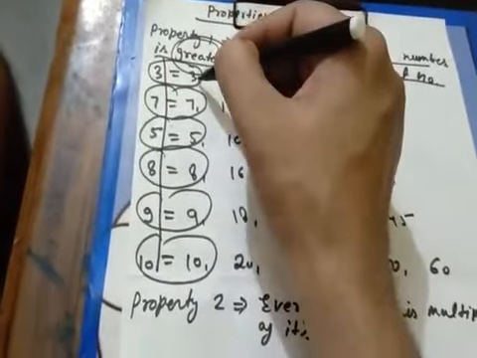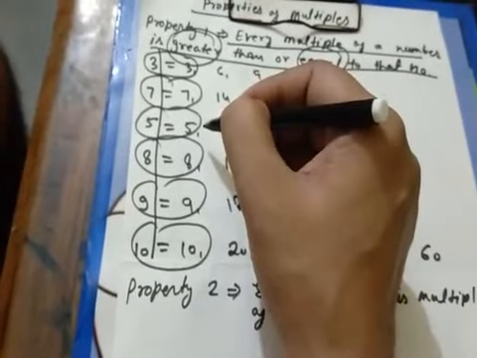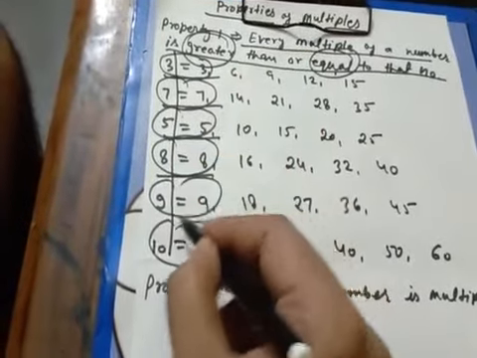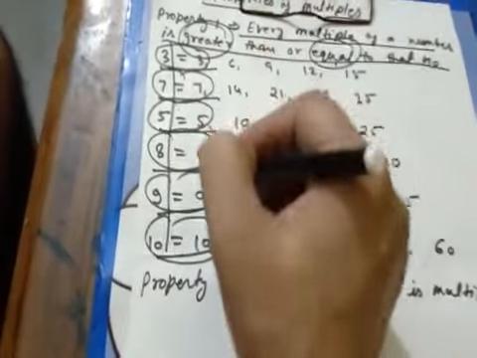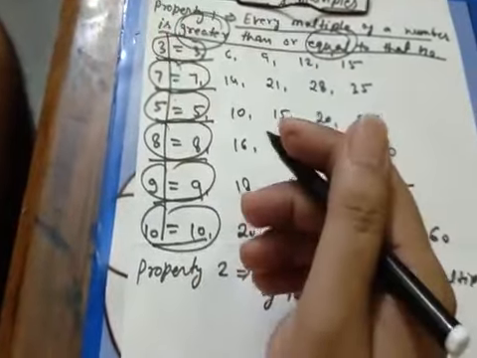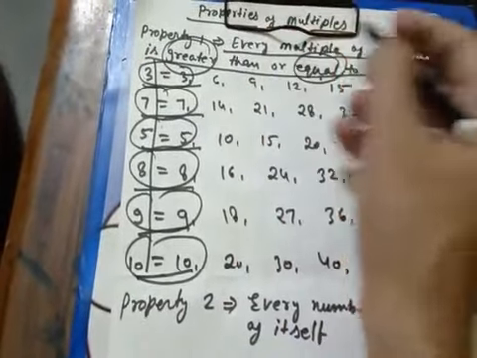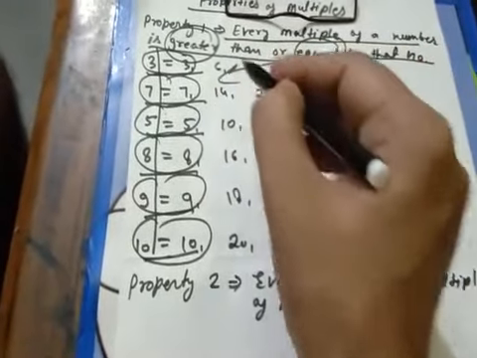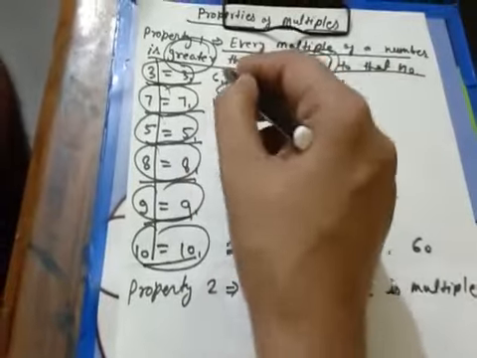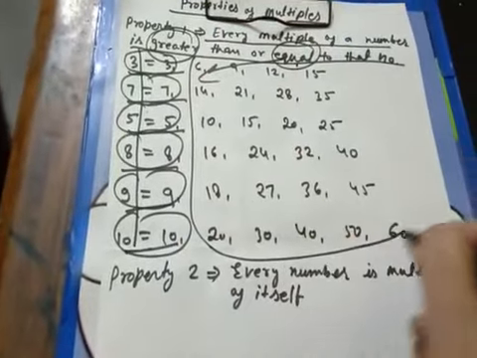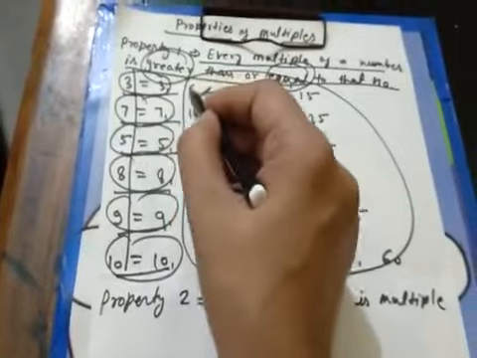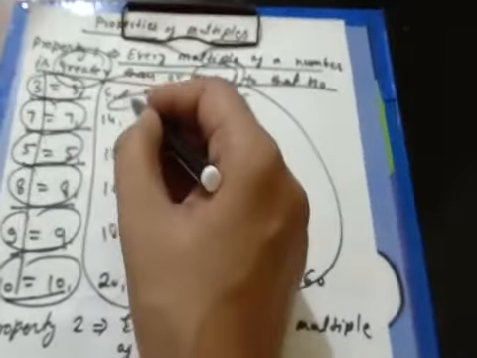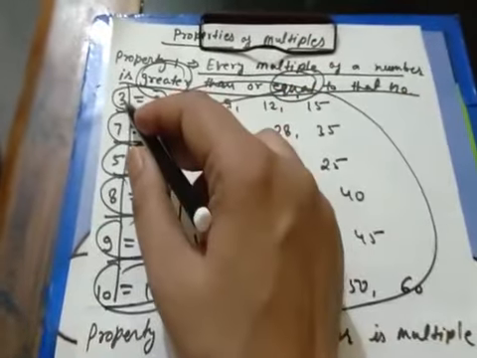These are the multiples of the given number, but they are equal to 3, 7, 5, 8, 9, 10. They are equal, they are not less than the given number. So you understood it. Every multiple of a number is greater than or equal to it. I explained equal to, and you can see all the other multiples are greater. Suppose 6, 9, 12 and 15 are the multiples of 3, and these numbers are greater than 3.